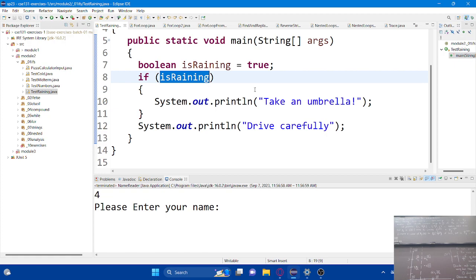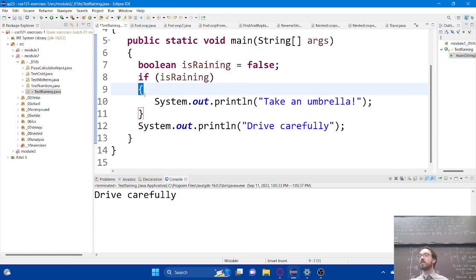So for an if statement, we have the word if followed by parentheses. One common mistake that I see here, people want to put semicolons here. Don't do that. That'll cause all kinds of weird problems. Instead, what do we see after the parentheses? What are these called? Curly braces? Yeah. It's a new symbol that you probably haven't used a whole heck of a lot before you got to this class. But that's what those are. And then we can have as many statements as we want in between.